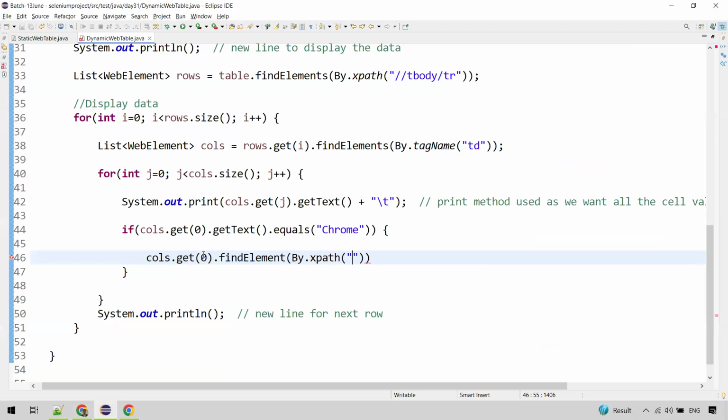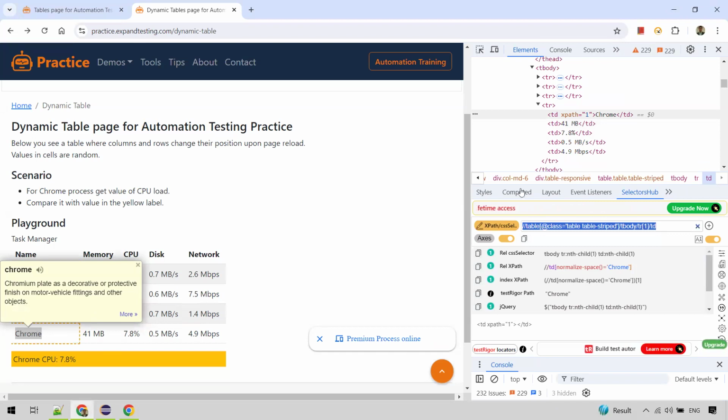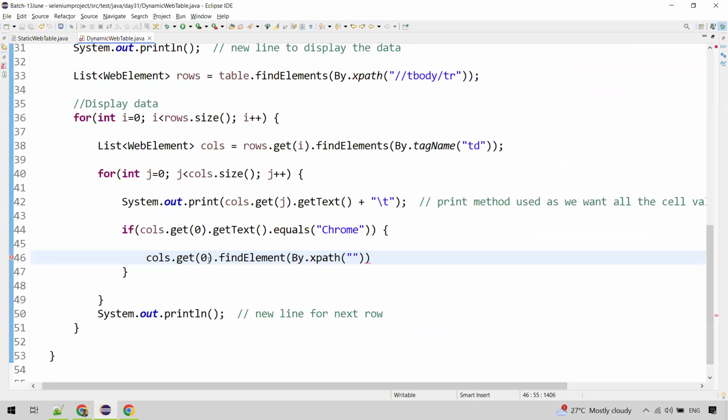If you observe, get(0) is Chrome, right? Under this TR it has all the TDs. Chrome is also one TD, and it has all the other TDs. All these become siblings to it. So when I say following siblings, it will represent all these TDs. Chrome is one TD, right here. So columns.get(0) is representing Chrome here, right? Dot findElement